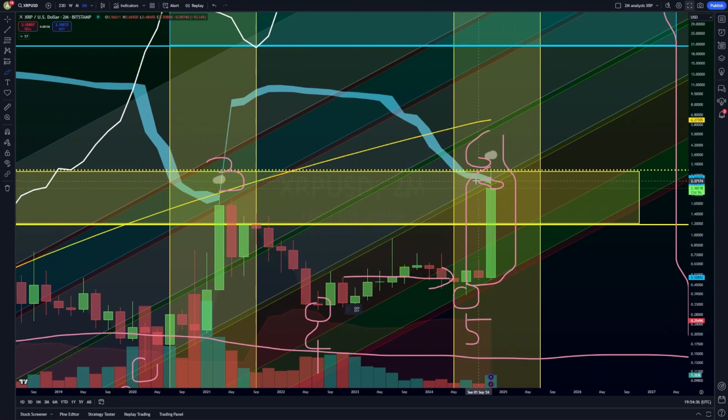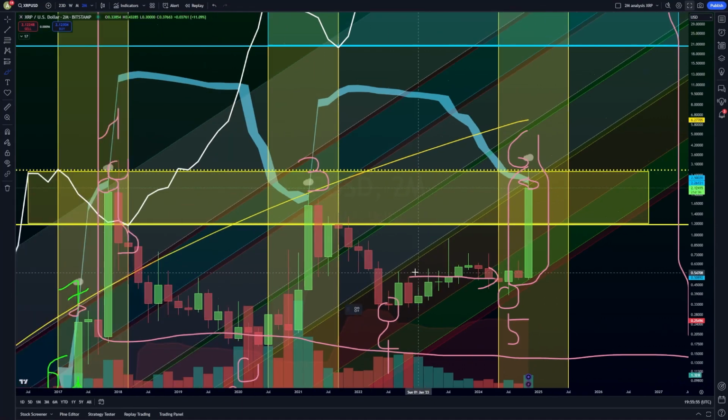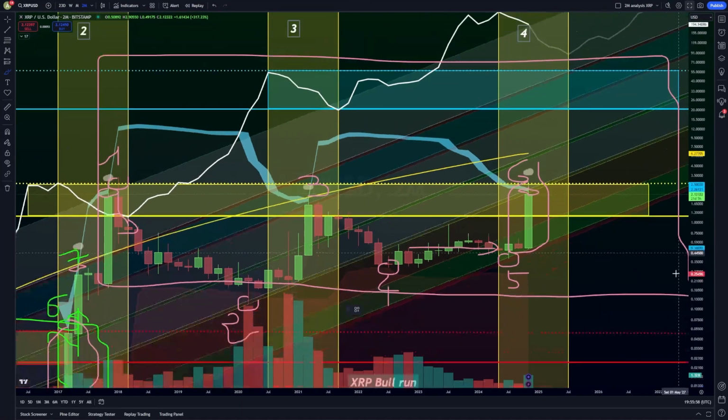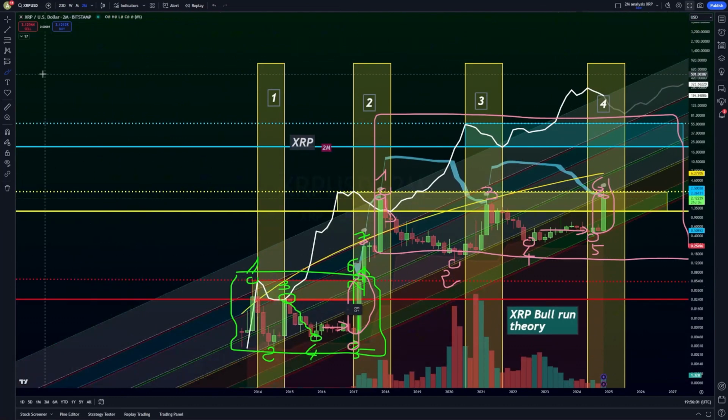And now that XRP had such a huge move to the upside, we have to wait to see what XRP will do in the future. But all I can say is that XRP, in order to remain bullish, it has to keep its price level inside this yellow zone. Currently, the yellow zone is around $1.20 and the top of it is around $2.75. And of course, we have this yellow band going up, and this was a very, very important band for